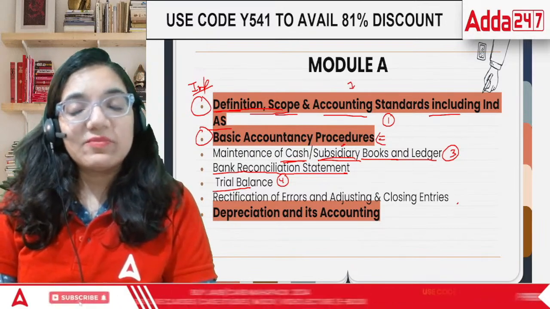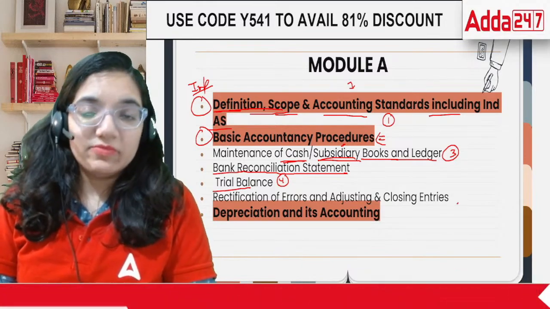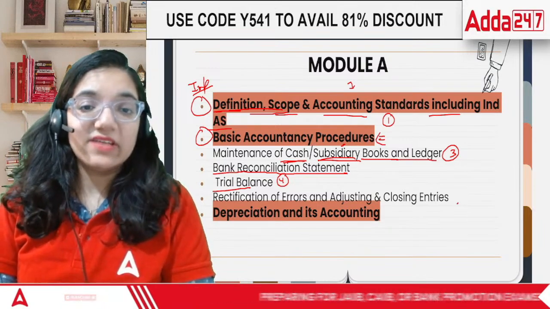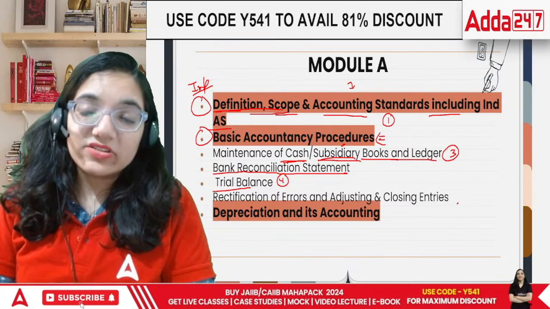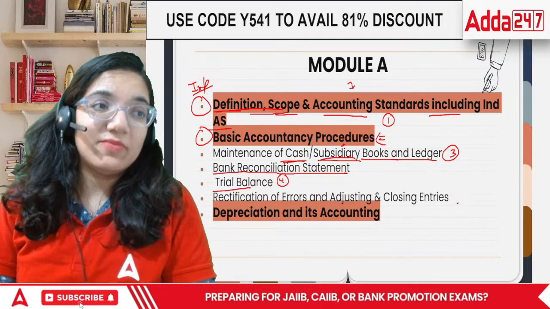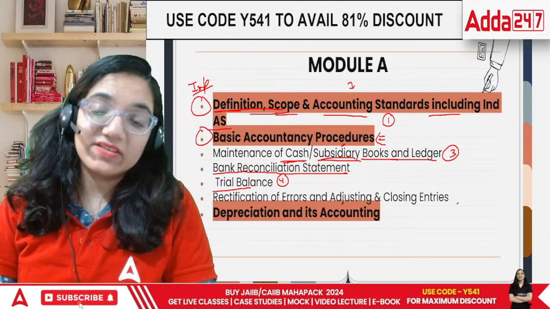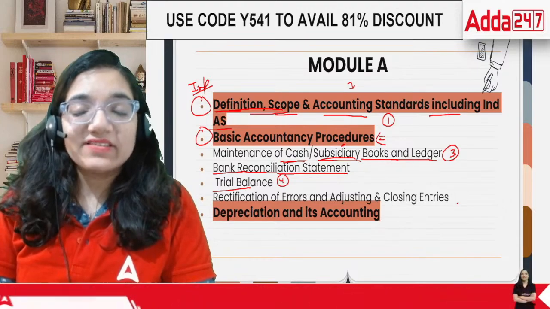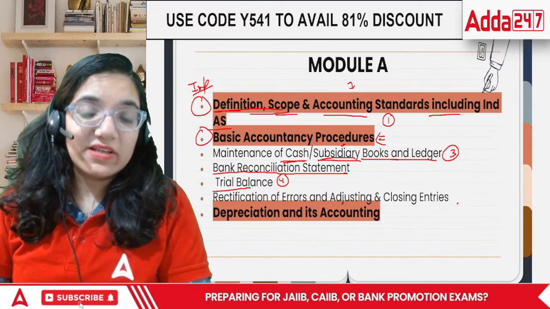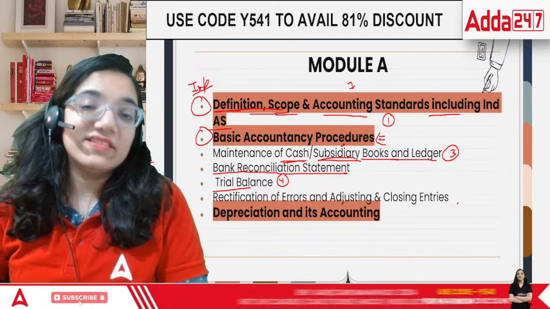Bank reconciliation statement is a topic which talks about the fight between our books as well as the books maintained by the bank. For example, I said, I have deposited 10,000 rupees in terms of a check in my bank account. And the bank said, no, I haven't received it yet, just because 3 or 4 days haven't passed. So normally there are many banks now where you will have 3 days of working period after which the check is being cleared. So that is something that you will find. So that is there in bank reconciliation statement.